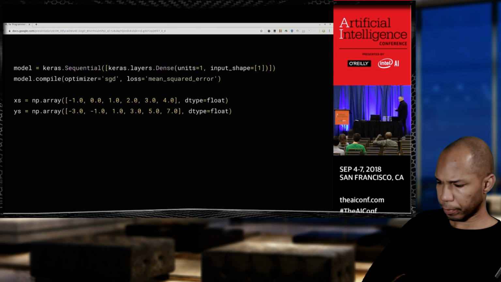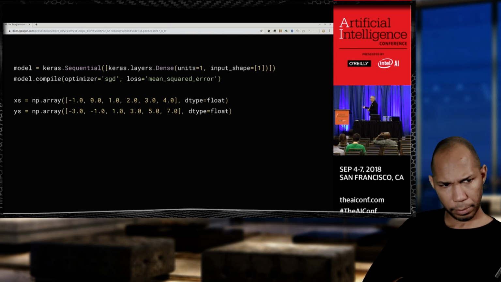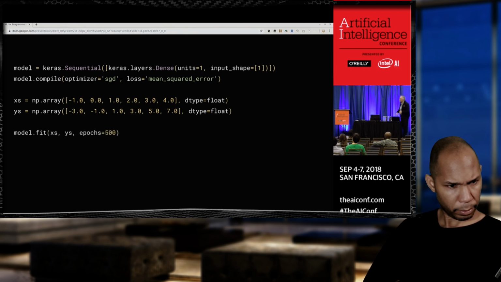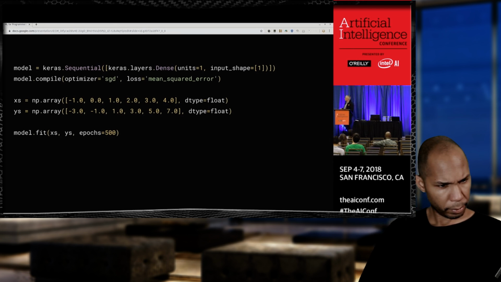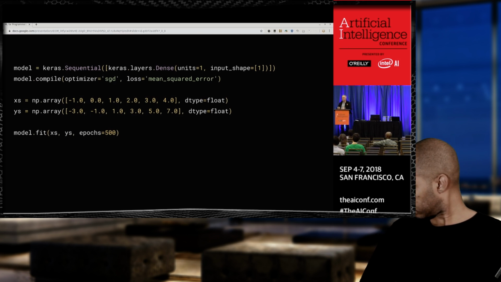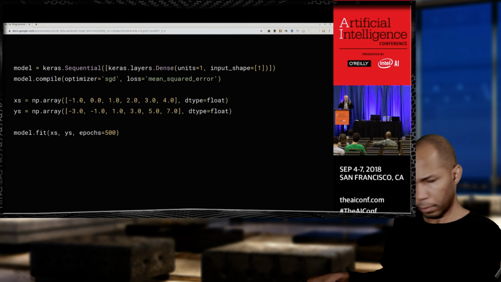OK, so then the next thing I'm going to do is I've got to feed my values into my neural network, right? So I'm going to say my x's is going to be this array, -1, 0, 1, etc. My y's are going to be this array. So here I'm creating the data. And so I just get them, and I load them into a couple of arrays. This is Python code, by the way. And now, all that I'm going to ask my neural network to do is to try and come up with an answer. And I do that with the fit method. So here I just say, hey, try and fit my x's to my y's. And this epochs equals 500 means you're going to just try 500 times. So it's going to loop 500 times like that. Remember I was saying it's going to guess those parameters.